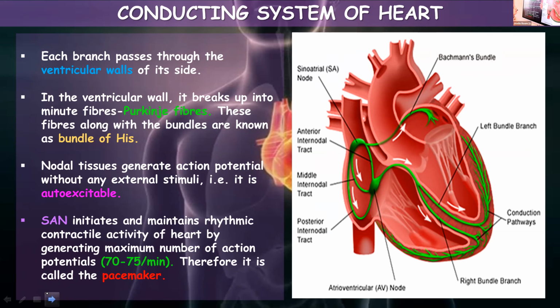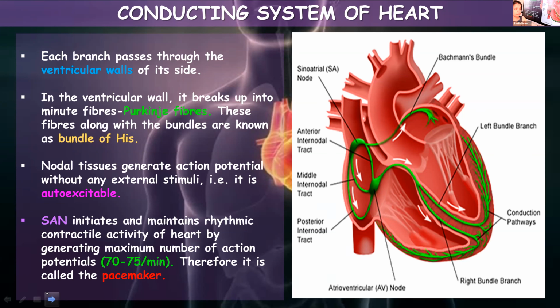And out of the two nodal tissues, the sinoatrial node is said to be the natural pacemaker because it initiates and maintains the rhythmic contractile activity. You know that our heart contracts and relaxes continuously without taking any rest. And it generates a maximum number of action potentials, that is 70 to 75 times per minute. And you know it is the same as our heartbeat. It ranges between 70 to 75, or on an average we can say 72 times per minute. But that will definitely fluctuate depending upon